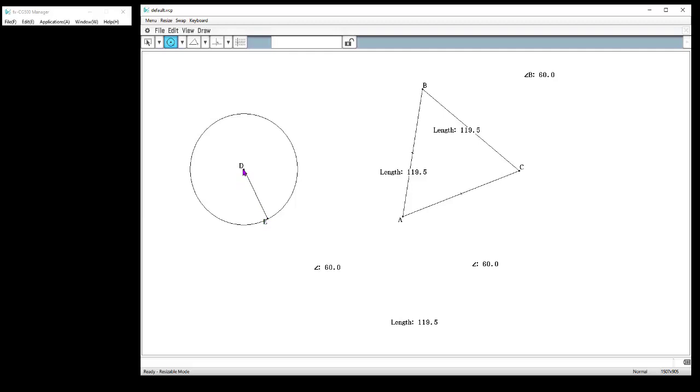So here the center is D and radius out to E. Now I'm going to do center E, radius out to D. And so it makes another circle, so a different circle, but the same radii, because I'm using that distance to be the radius in each of them. So now whenever I make a radius in either one, they are congruent. How's that going to help me? Well, if you notice I have intersecting points here, I can make a triangle now, and I'm going to construct this intersection by selecting the 2 circles.